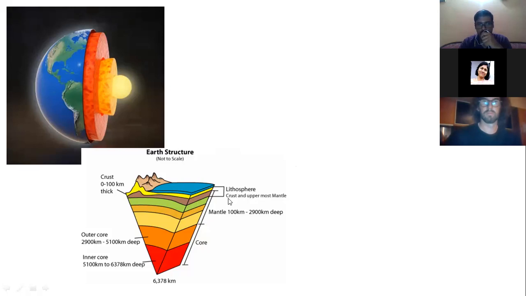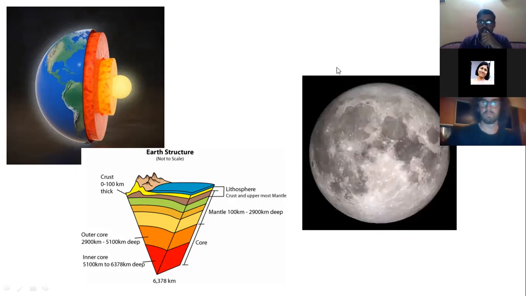And when we go deep into the Earth, the first portion we encounter is the upper mantle, which is 100 to 200 kilometers, then down to 2,900 kilometers deep is the lower mantle. And then if we talk about the core, this is the inner core and this is the outer core. The inner core comprises nickel and magnesium content. The outer core comprises silicon and other iron material. Because as we are dealing with planet Earth, we have to deal with the rocks. The rocks have different kinds of composition, with different kinds of lithology.